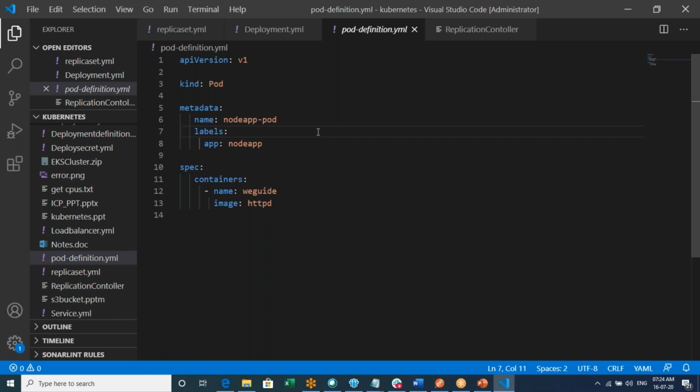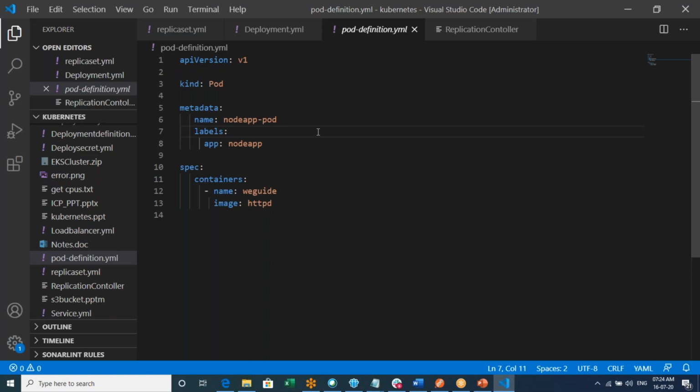Okay, httpd is Apache. So that I am taking from my Docker official image. So later on I'll also take my own image from the Docker Hub, which is the Node.js image which I have already pushed into the Docker Hub. So I'll be taking that, but as of now, for our understanding, initially I'm just using the Apache image, but later on we'll be using the Node.js also.